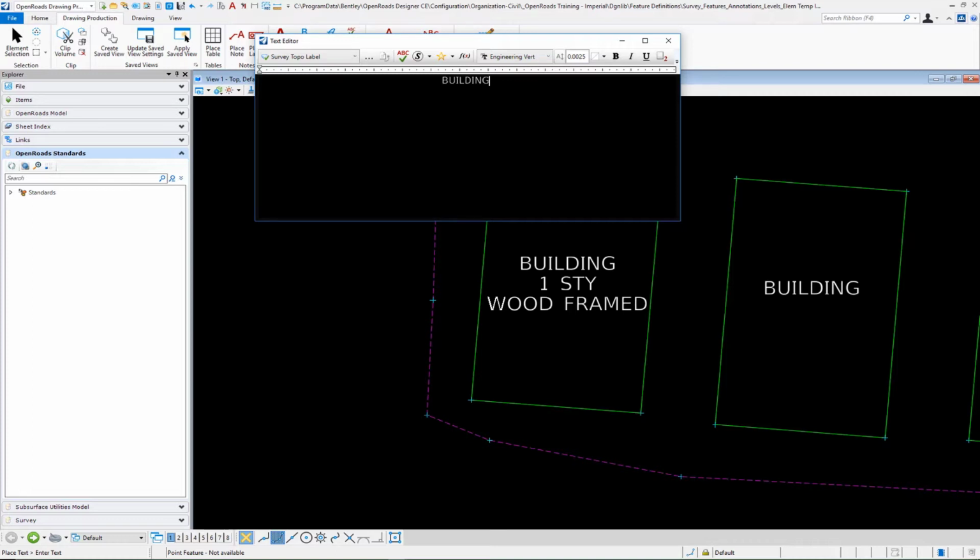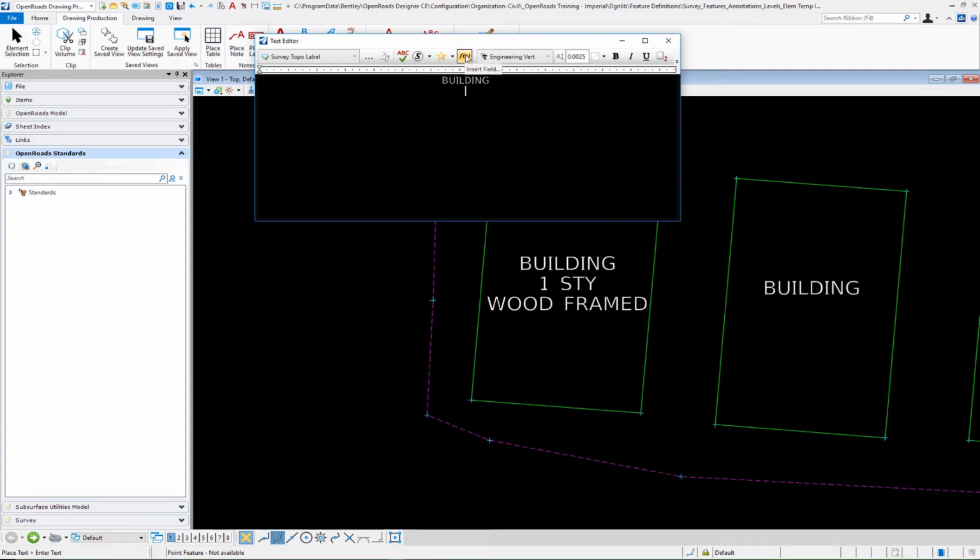Now you could argue that instead of having the word building in there, which would make this text favorite exclusive to buildings, you could come in and make this a little bit more generic. But in this particular case, I think having a text favorite specific to a building makes sense because it is specific in terms of the annotation attribution. So we'll go building. For our prefix title, we'll do an enter,